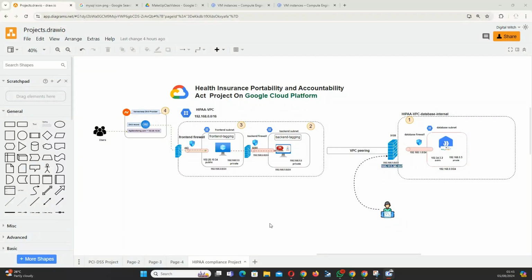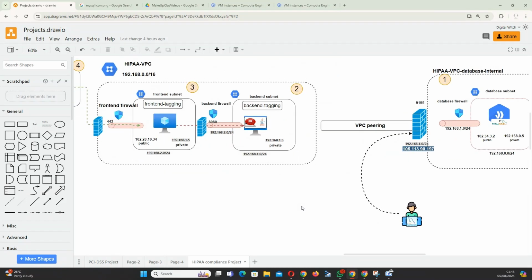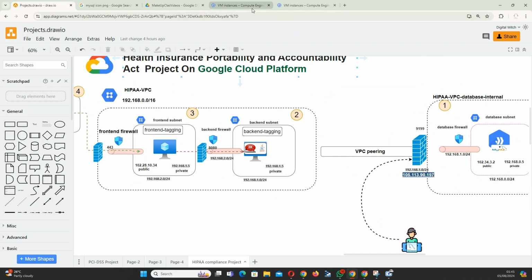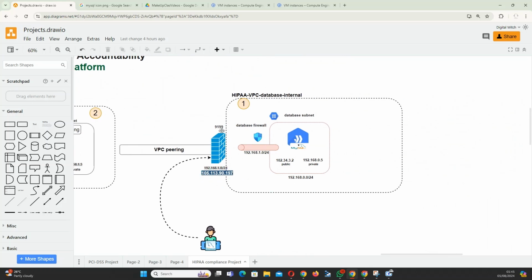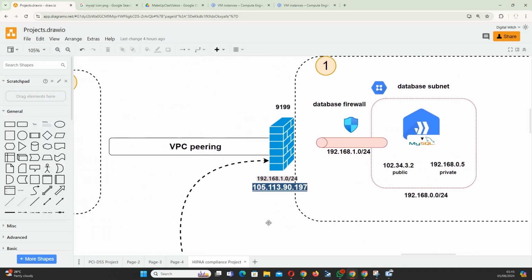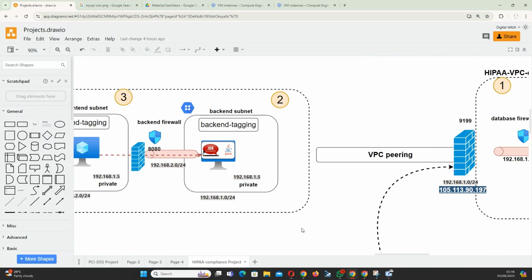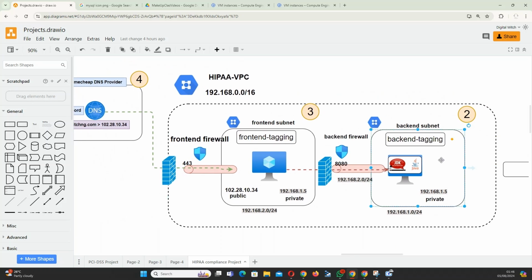All right, guys. So we are back again to the section of the back end. We have completed the front end, right? We have completed the database installation and configuration in Google Cloud, which is the managed database in GCP. Now we are going to be looking at deploying the backend application, the backend server, where the backend application is going to be running, and as well the front end server where the front end application is